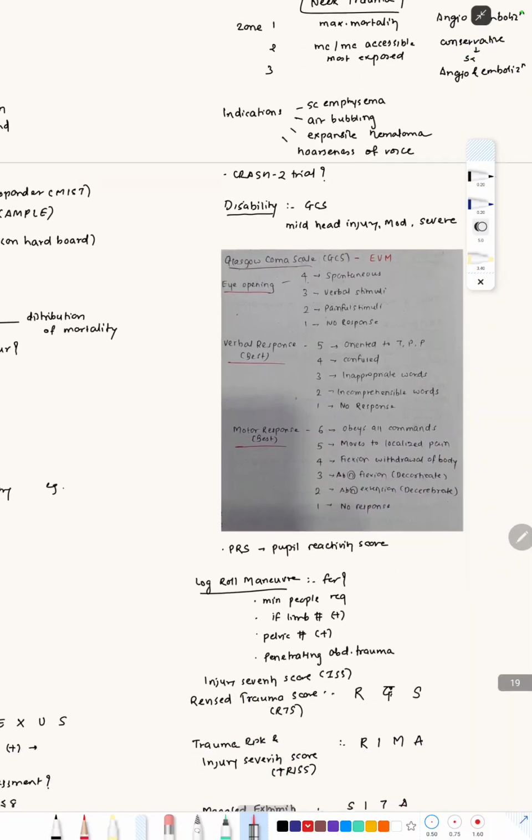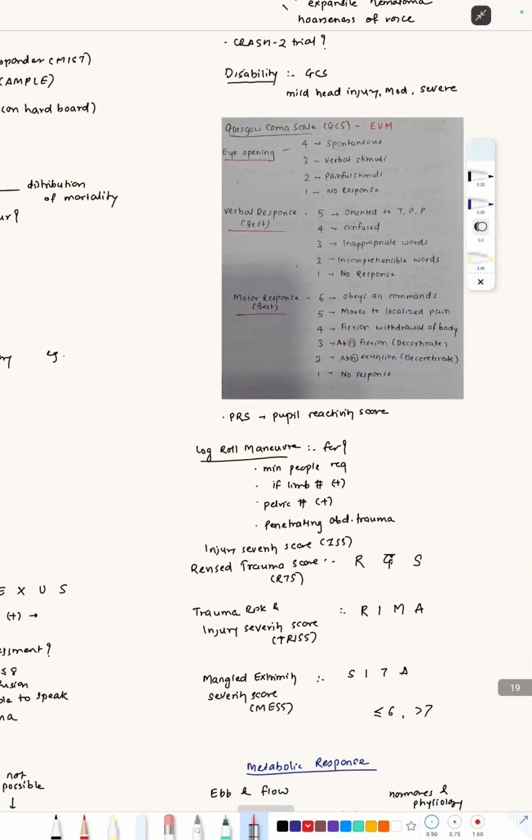Then next, there is the CRASH-2 trial. The CRASH-2 trial is used to assess the use of 1 gram of tranexamic acid, and how it affects mortality. And disability is given by the GCS, Glasgow Coma Scale. Mild head injury means a score of 13 to 15. Moderate injury, that is 9, 10, 11 and 12, and severe injury, that is a score of less than or